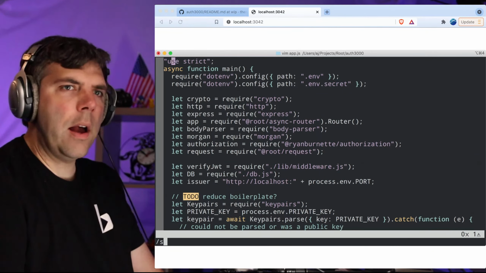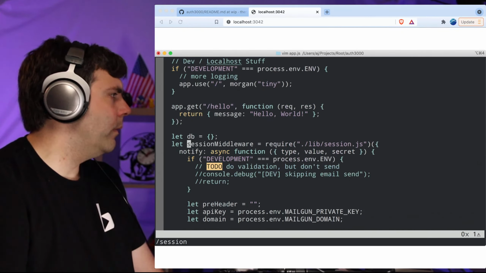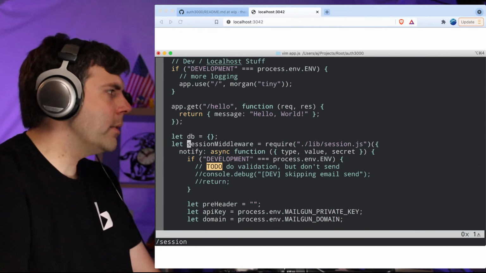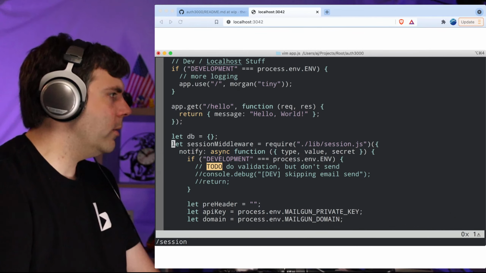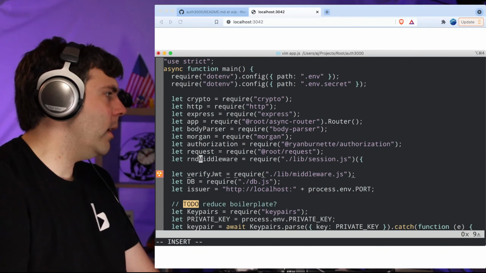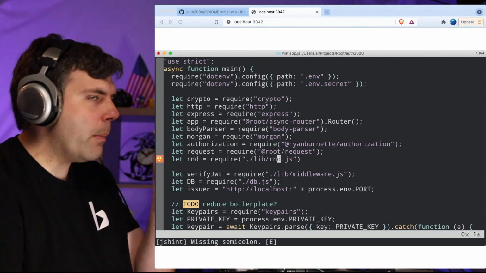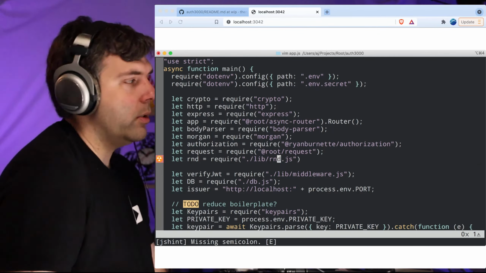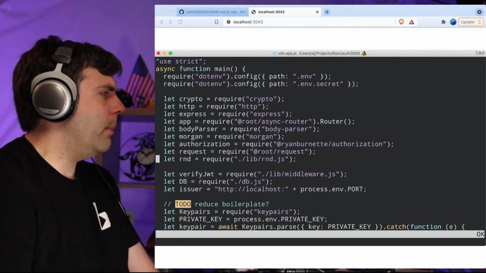Sorry, I'm jumping around in files a lot, but it's how I do. I just open a file and I search and I get on the line that I need to be on, or I jump to the line that I know it is from an error message or whatever. I'm going to jump up to the top of the file. I'm going to add RND right here. I don't know why I did that. It probably was just as fast to type it out as to copy. A lot of times I copy things that are similar and then just edit the stuff inside. Sometimes it's so small that I don't know why I copied it. Anyway,